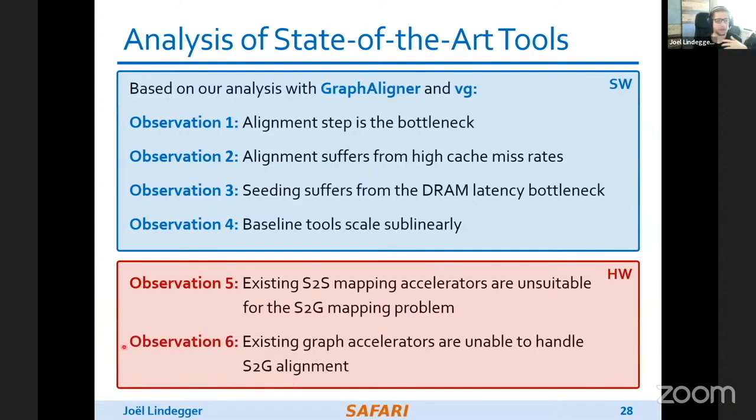Now, instead of looking at remapping accelerators, we also can consider graph accelerators. So there are all kinds of graph algorithms out there that already have accelerators for them. So there are, for example, accelerators for graph traversal. And I mean, okay, you could envision that maybe those can be leveraged directly, but it turns out that you really need a specialized accelerator for this. You cannot just take any off-the-shelf graph accelerator that just happens to handle also sequence-to-graph alignment. So for hardware, we really had to come up with our own, and